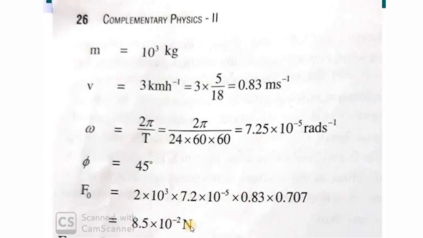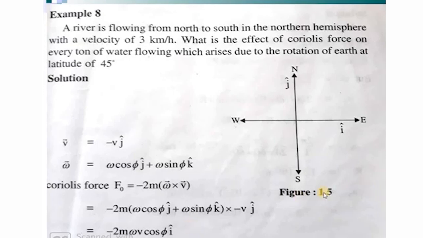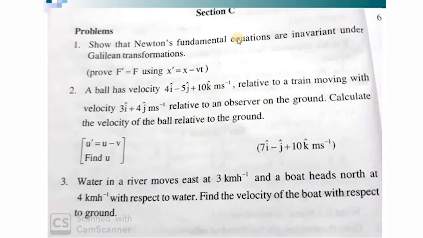So you go through all the solved problems. Hope everyone has a textbook with you. If you are having any doubts regarding the problems, you have to be more keen while solving these problems, because everywhere you can see the direction, river flowing from north to south. So you should be more cautious about the direction, more cautious about the conventions that we have taken, and basically follow this convention for the directions. So it will be easy. So try to work out these problems.